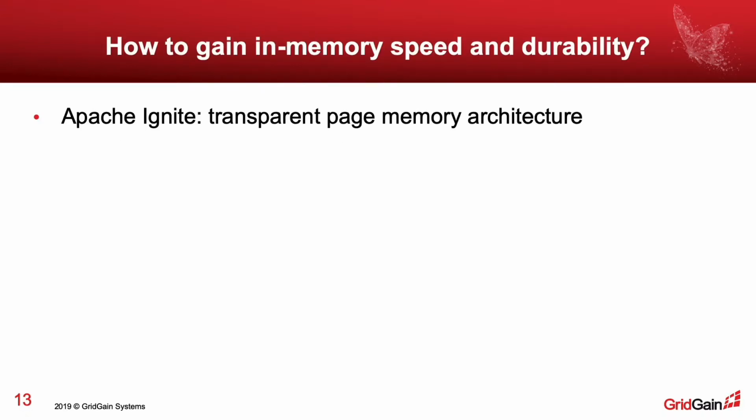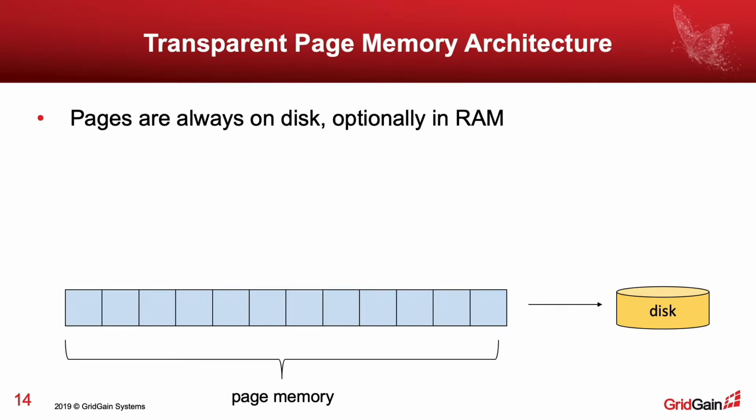It's in Apache Ignite, implemented through a transparent page memory architecture. What does that mean? Data is always stored in pages. All the memory used by your local node is split into small chunks, pages, and they always keep all the data. And there's an abstraction that in durability mode a page is always present on the disk,